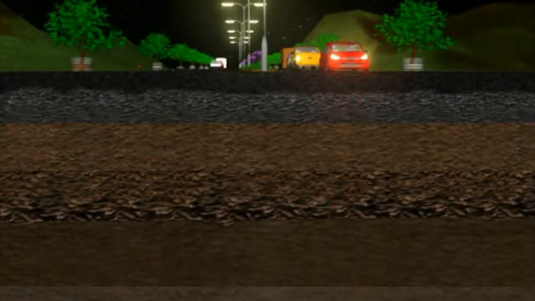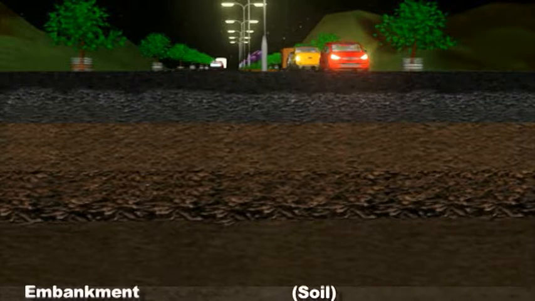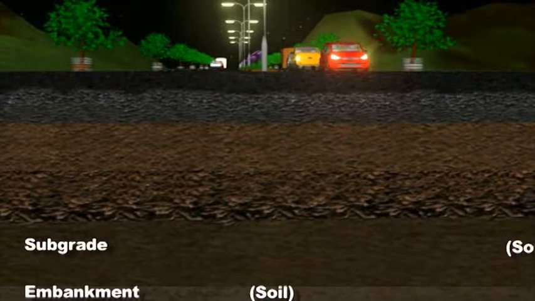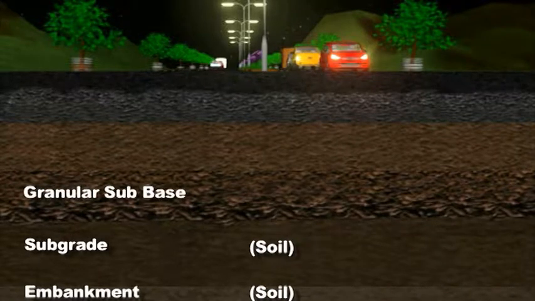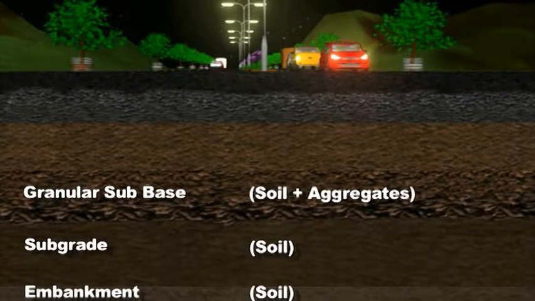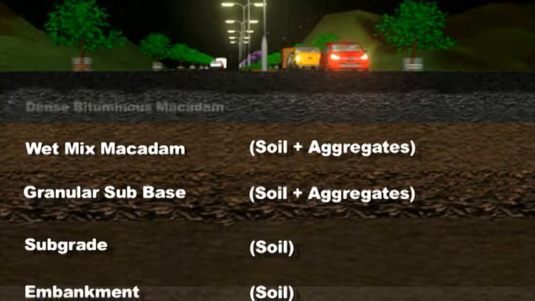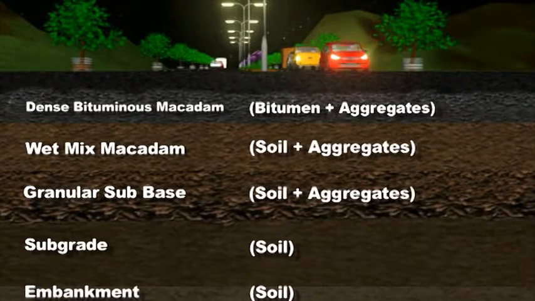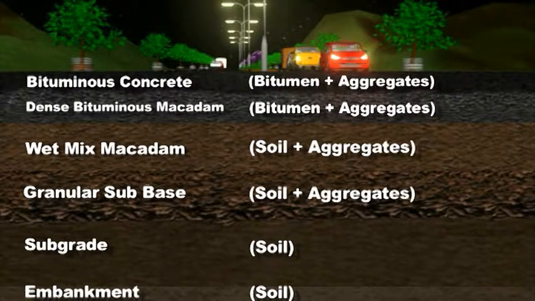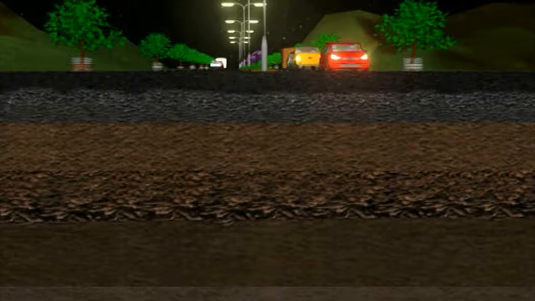Each of these layers is made up of a predefined mix of suitable raw materials. Embankment, soil. Subgrade, soil. GSB, soil plus aggregates. WMM, soil plus aggregates. DBM, bitumen plus aggregates. BC, bitumen plus aggregates. It is highly imperative that raw materials used in the construction should be tested in conformance